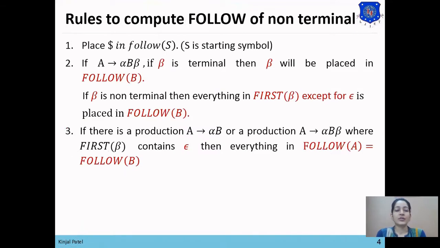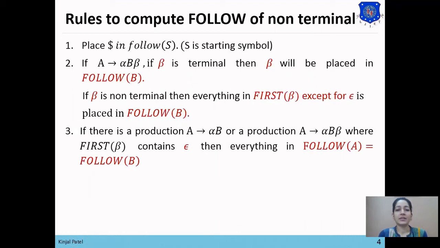So rules to compute follow of non-terminal. First rule is place dollar in follow of starting symbol. If there is a production A produce alpha B beta, and if we want to find follow of B, then we will check for the symbol following B. So here we can see that beta is following capital B. So we will check if beta is terminal symbol or beta is non-terminal symbol.